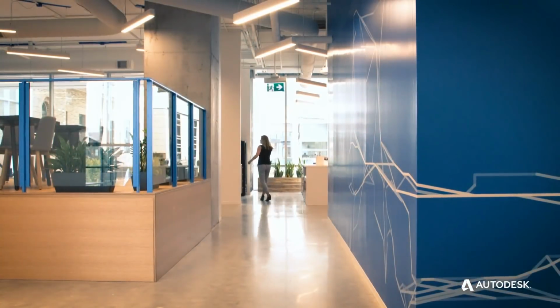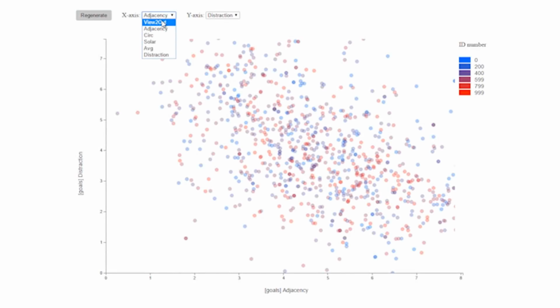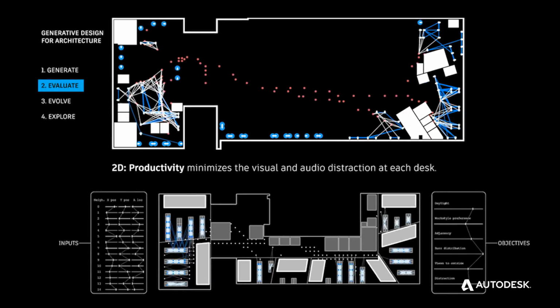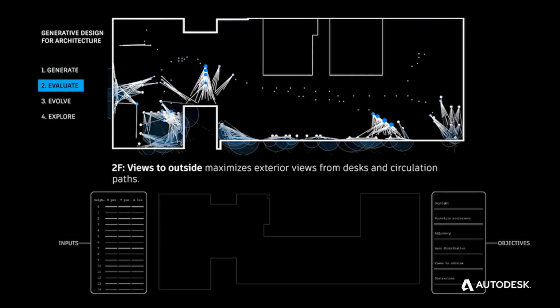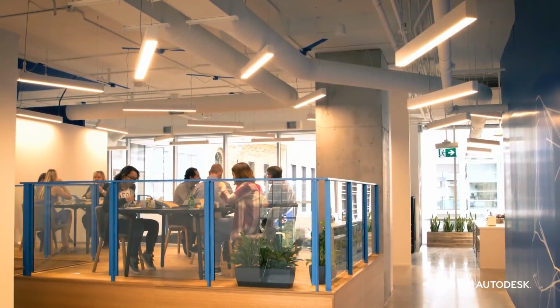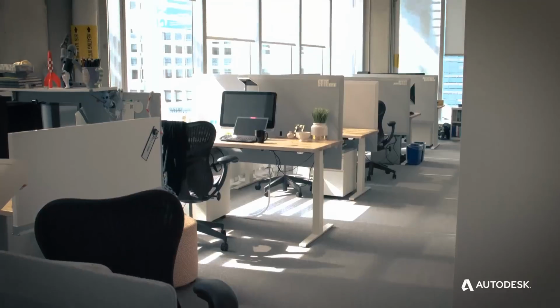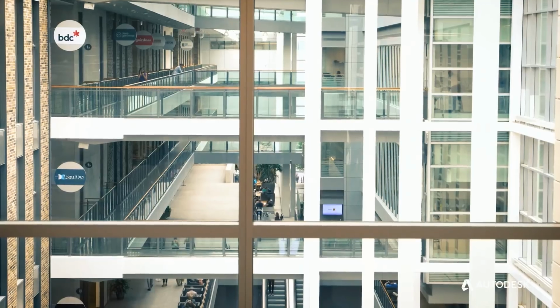These goals included things like trying to factor in all of the adjacency preferences of all 200 or 300 people in the space, trying to factor in the work style preferences of those same people, but then also trying to calculate some overall factors of the space, like the amount of daylight that came into the space, the views to the